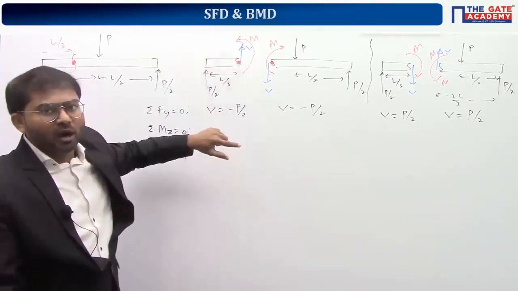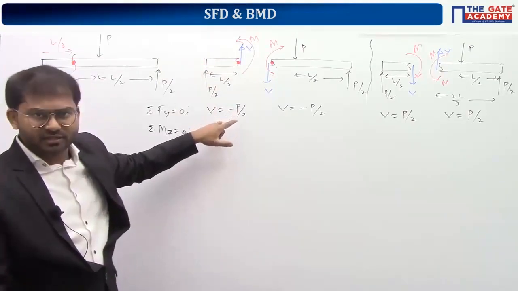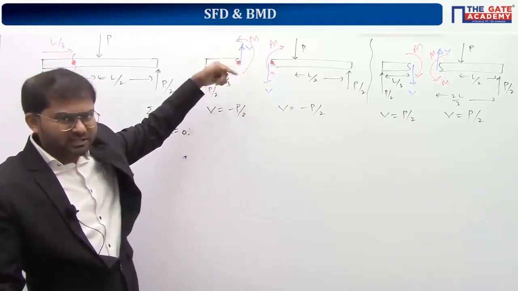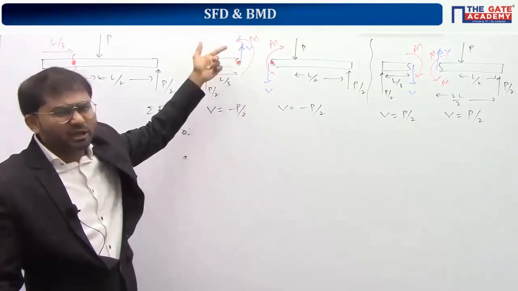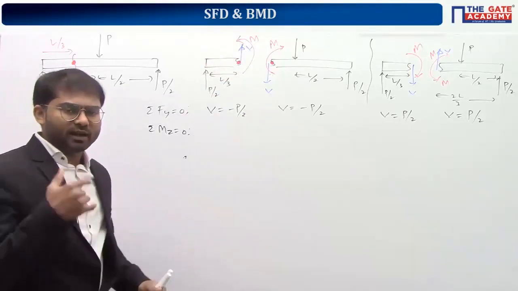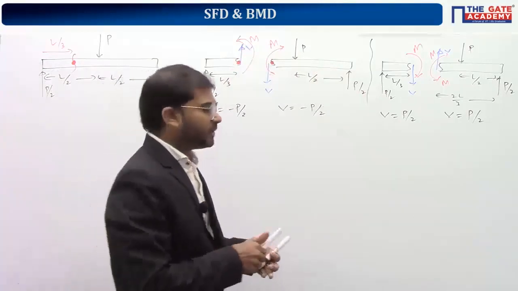Again, you should do the extra step of substituting the value of v, which came from this calculation here. Instead of that, if you take moments about this point, because v is unknown at this stage, v will drop out and you will directly get the value of m. So as far as evaluating the bending moment, kindly take moments about this point only to reduce your calculation time. That's my suggestion.